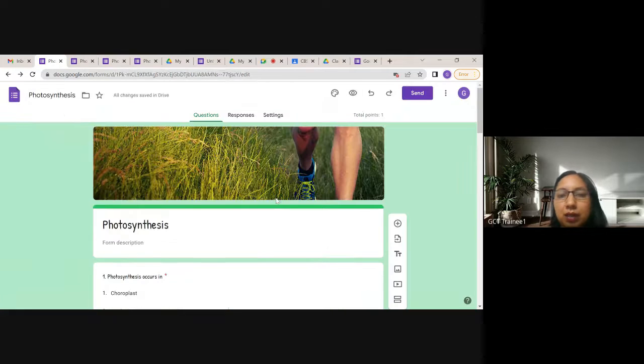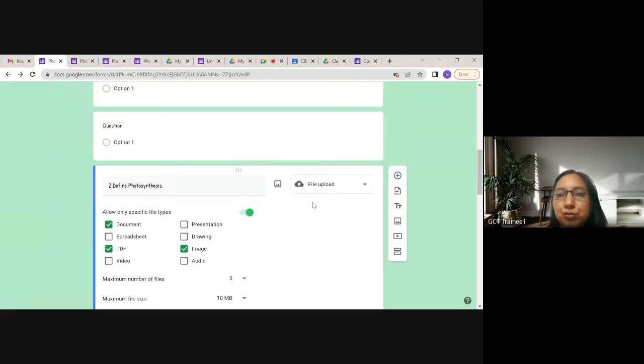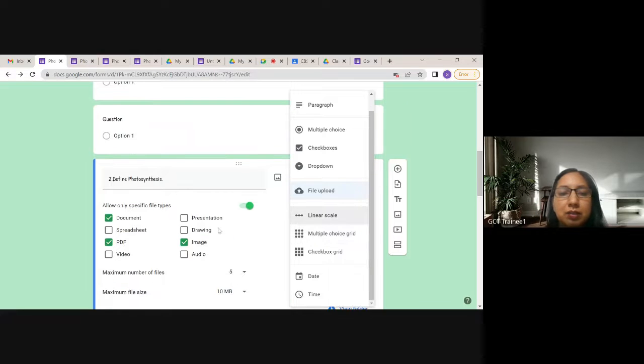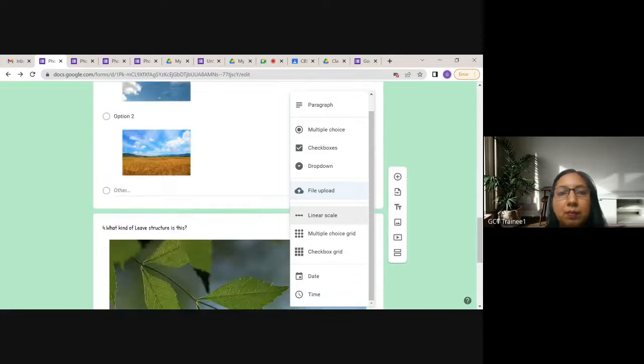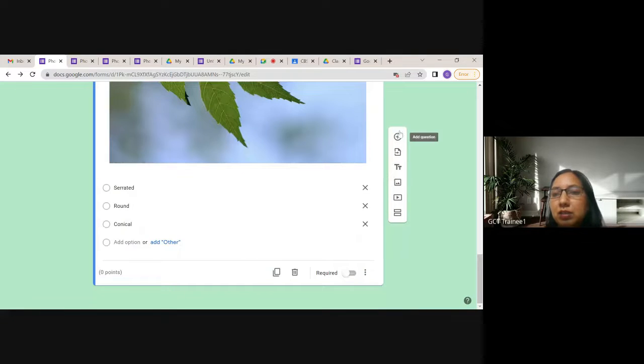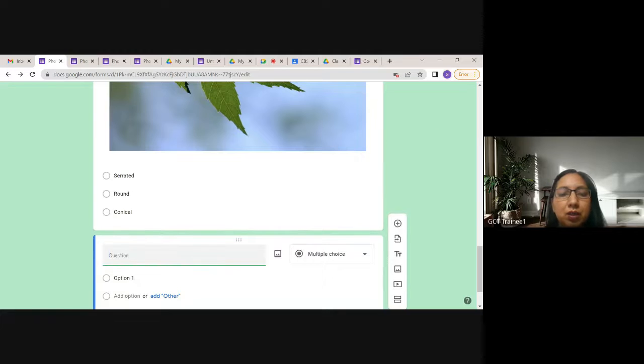I'm going to go back and I want to show you if I have, okay. Now there are this linear scale, multiple choice grid, checkbox grid. I also want to show you these types of questions. Let's create a linear scale question, and for that I want to add another question. Yeah. So on a scale of 1 to 10,